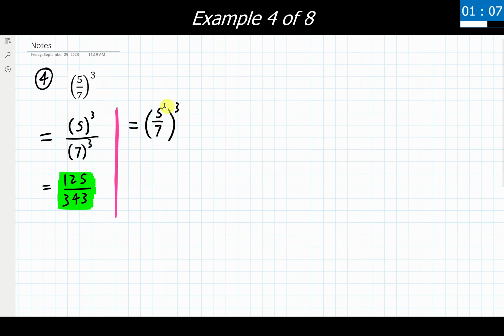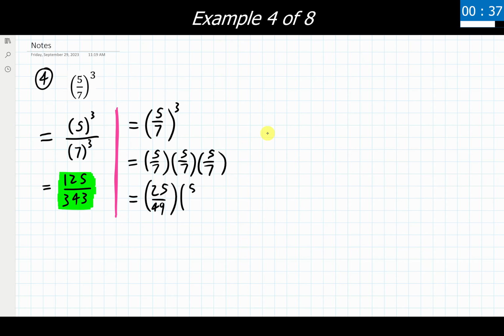So if I were to go and expand this thing out, I would have 5 over 7 multiplying by itself 3 times, just by our exponent definitions here. So we write this out a few times, and there we go. Now we multiply two things together at a time. We get 25 over 49 for our first part. Oops, I should probably actually write in 25. There we go. Or 49, and then I multiply it again with another 5 over 7, and that's going to give me this 125 over 343.